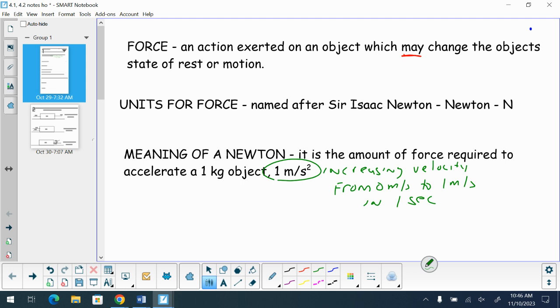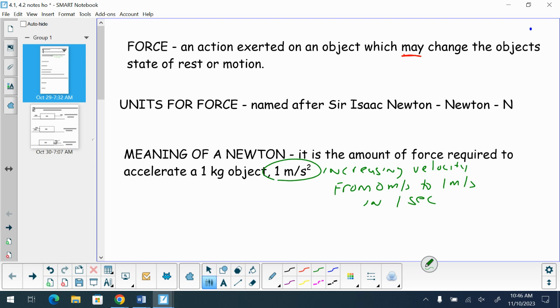In that 1 second, I go from 0 to 1 meter per second. So we got 1,001. Okay, 1,001. And I go 1 meter per second in 1 second. Okay, the amount of force